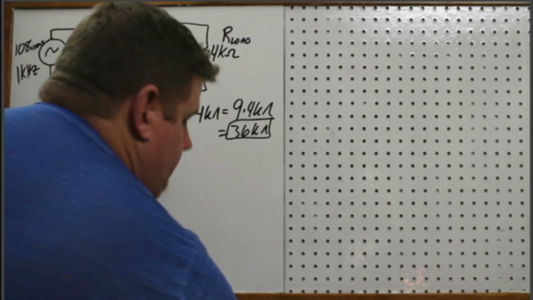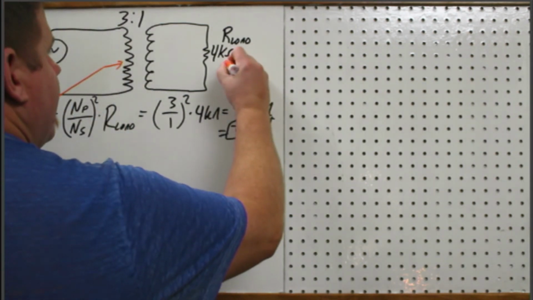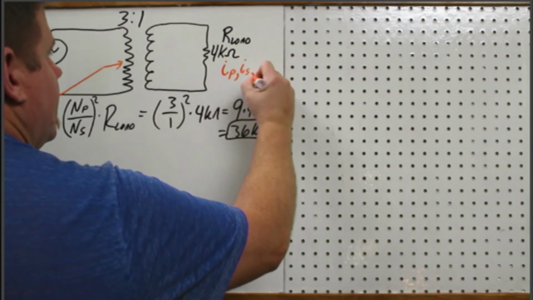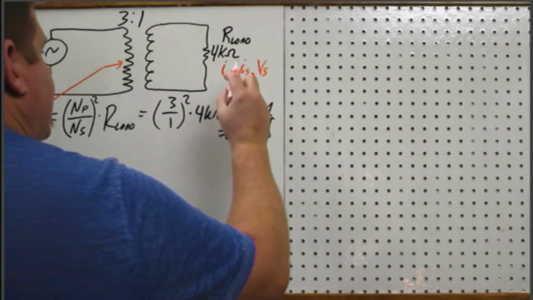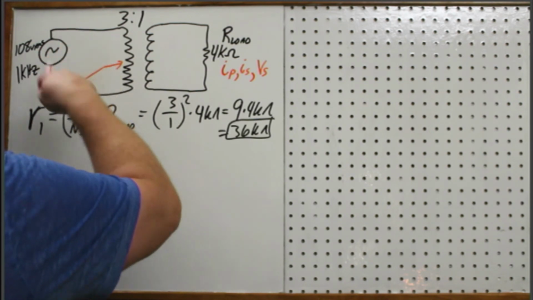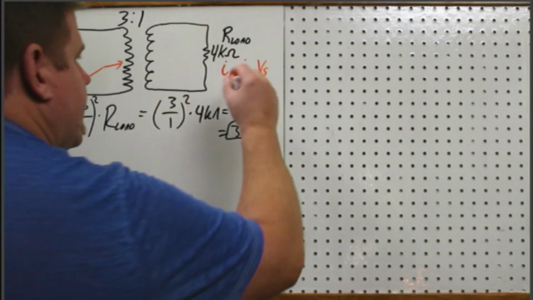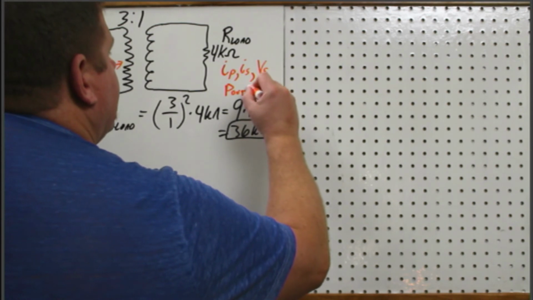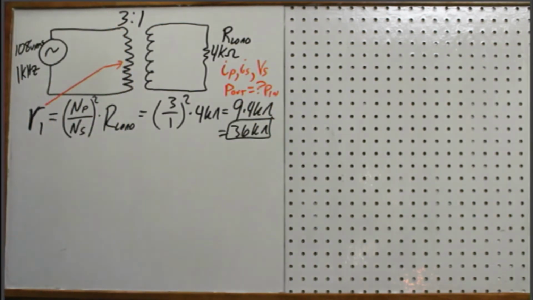Okay, so for this type of problem, I want to know the following. I want to know what I primary is. I want to know what I secondary is. And I want to know what the voltage on the secondary is. And then I want to look at what is the power, the voltage times the current over here. Does that equal the voltage times the current over here? Okay, so I want to look at the power out and see, does it equal power in? Okay,